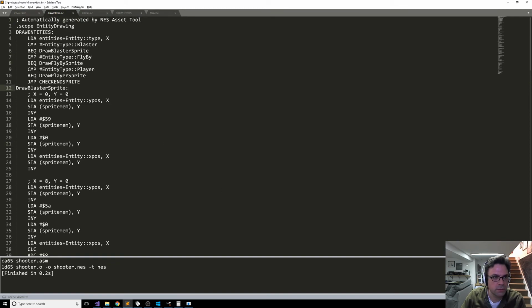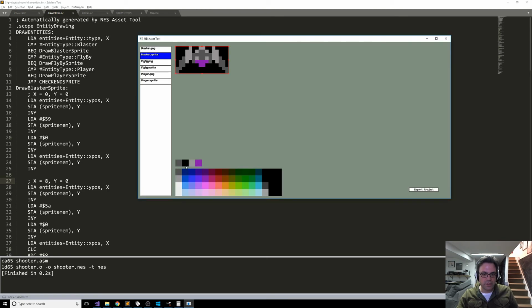And yeah, that's where we are at this point. So for Monday, for next week, we'll get the asset tool allowing you to reassign the color that's the transparent color and reorganize all of that. We'll also have to start tackling the backgrounds. So loading the map, for example, as a background in that, for now just that really simplistic run length encoded format that we were using. And then